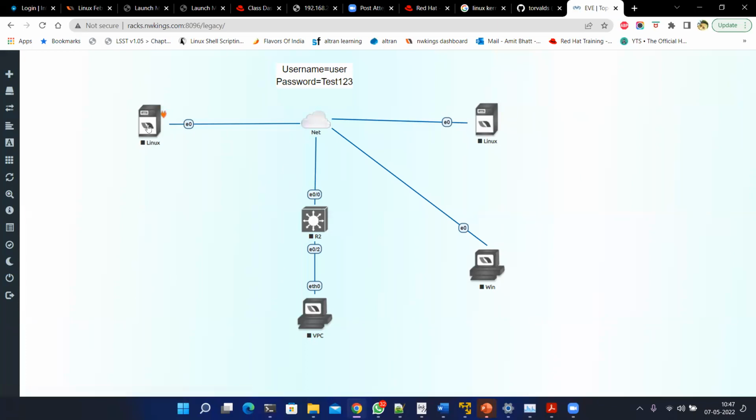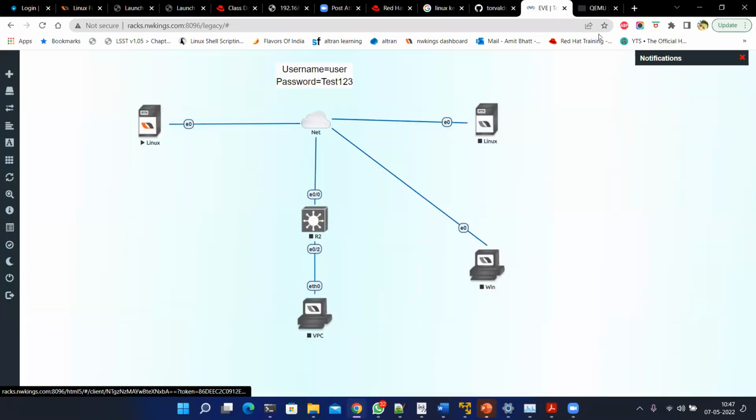If I want to start this server, I will left click, a menu will open, and click on start. Yes, this is just the introduction part. I am just telling you how we are going to proceed further in the class. Once it is started, you can click it again. In a new tab, a window will open and it will start showing you the display of this virtual machine. So this is the Linux server. It is running CentOS, and this is the booting process right now.